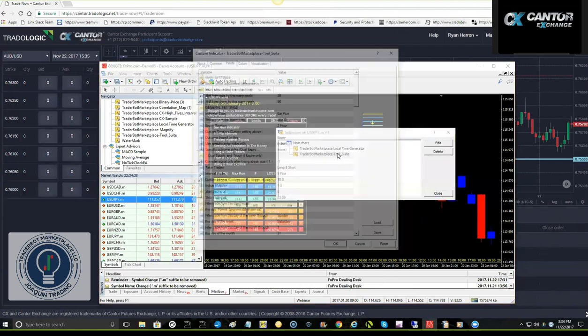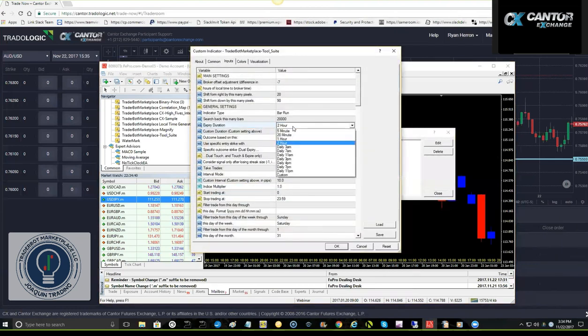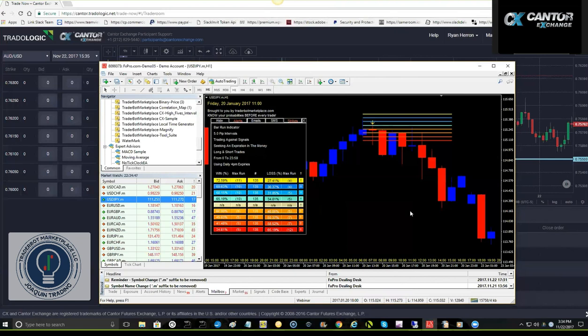You can trade for 3 p.m. expiries, 4 p.m. expiries. Actually, there's a 4 p.m. expiry, so if we wanted to choose a 4 p.m. expiry, we could do that, and the probabilities are here. Wherever the edge is, that's the bar it expires upon. Whatever your expiry is correlates with your trade. If I'm doing a 3 p.m. expiry, here are my probabilities. If I'm doing just a 1 hour expiry,